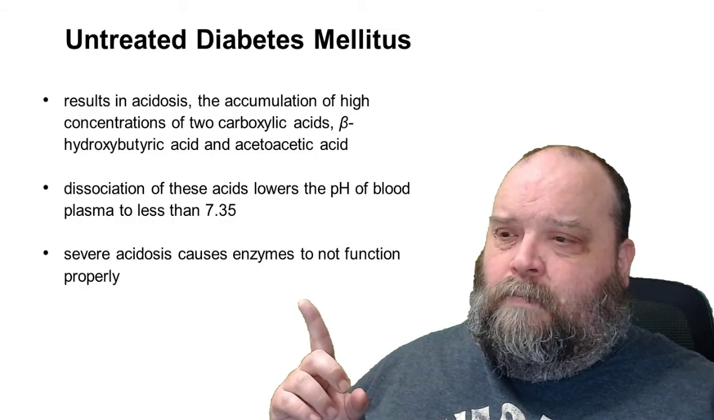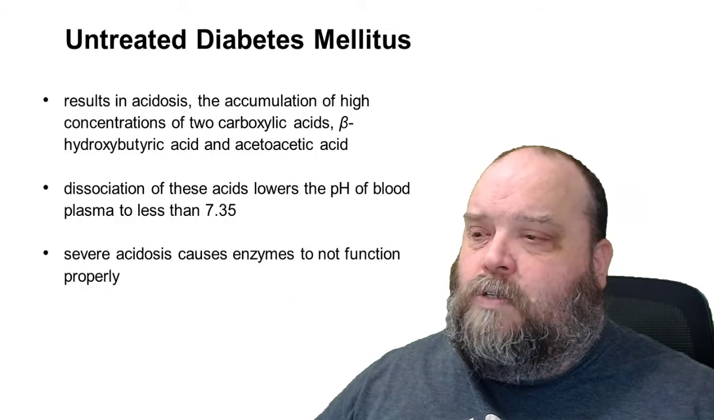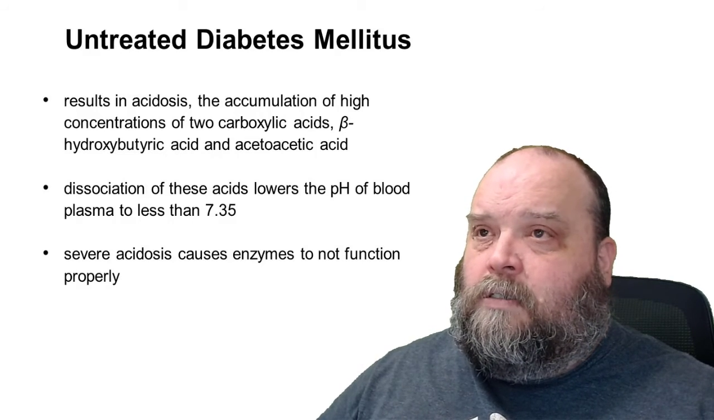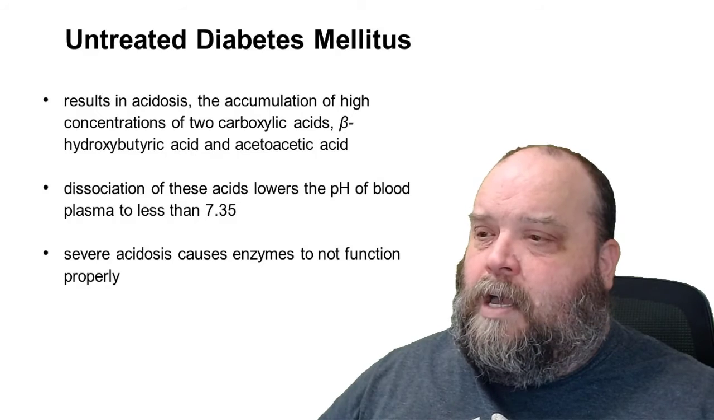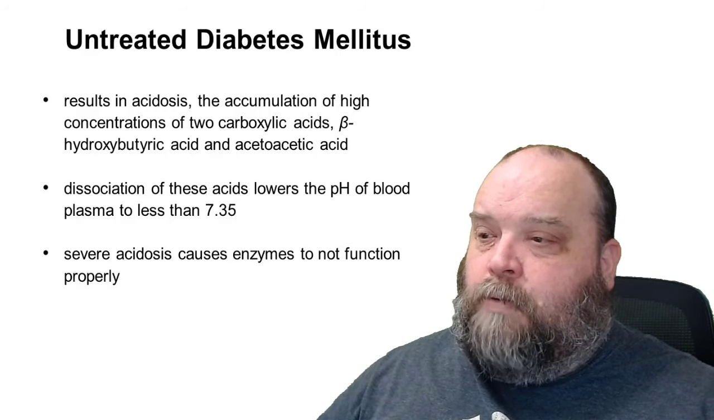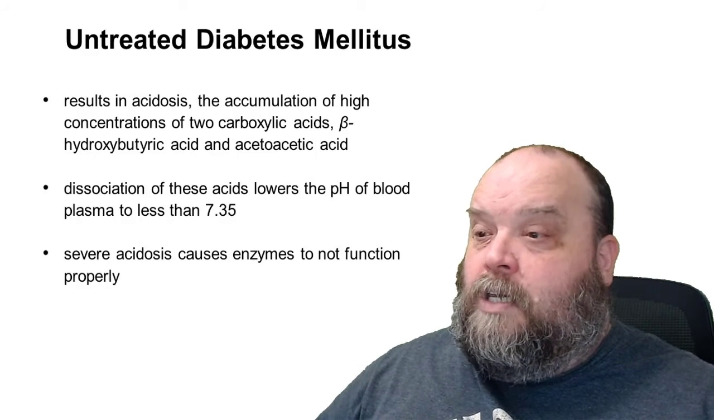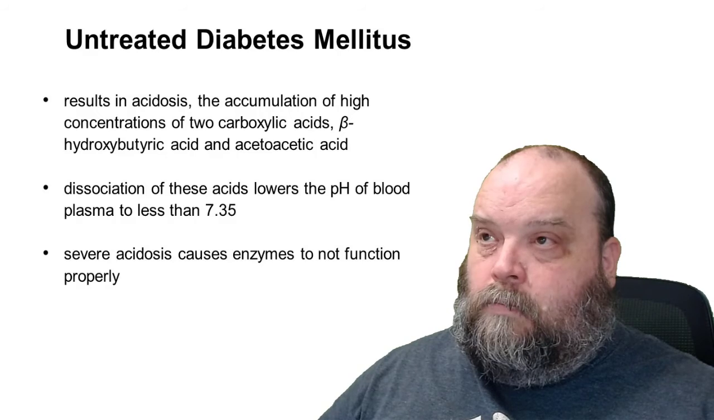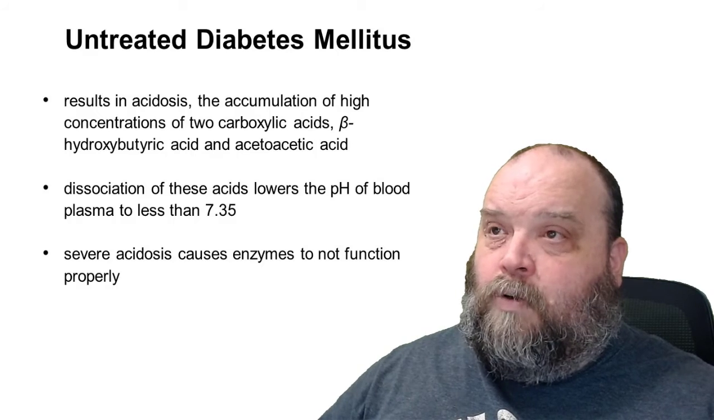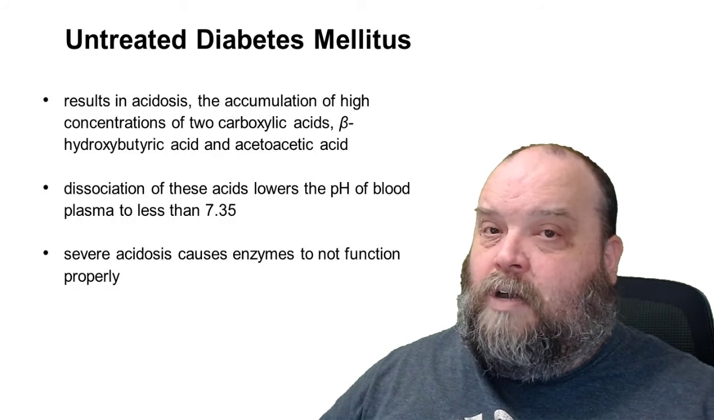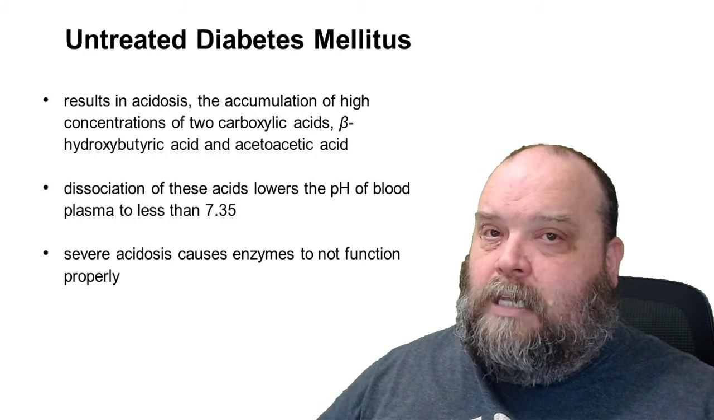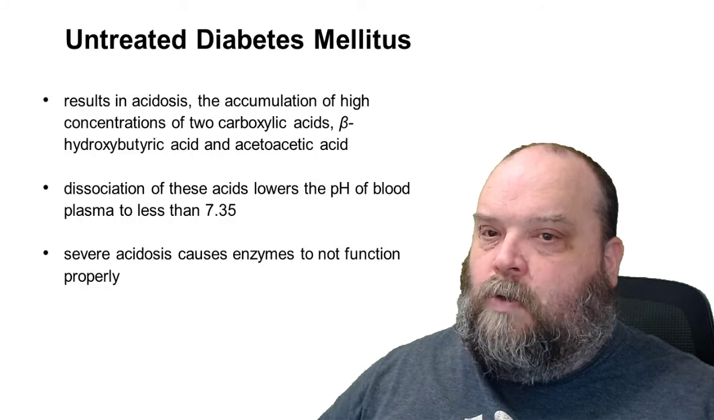With diabetes mellitus, more often than not, these patients are going to have an issue where their blood starts to get down to 7.3, maybe a little lower depending on who they are and what's going on. They accumulate beta-hydroxybutyric acid and acetoacetic acid. Now, under normal conditions, beta-hydroxybutyric acid and acetoacetic acid are going to be further broken down, or they're going to be protonated so that they are not lowering the pH. But in diabetes mellitus patients, that's not occurring. So they accumulate,